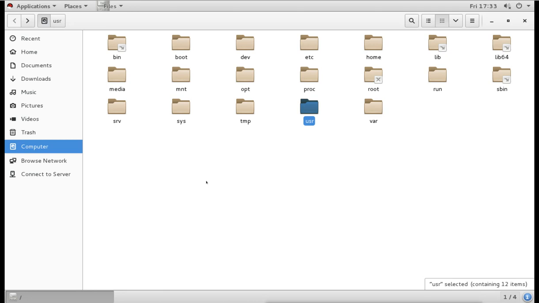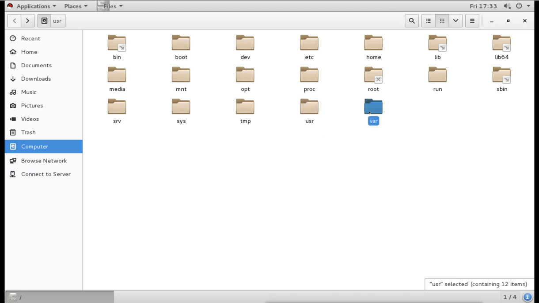and even for backward compatibility, because some old applications in previous versions of Linux, the main location for these bin files and bin directory and lib directories were under slash, but now they are moved into this directory, and we have a link here. Previously we had the original directory here, and the link under the usr directory. So this is a directory where we have all the application files.